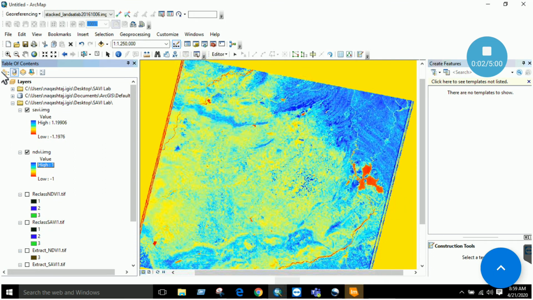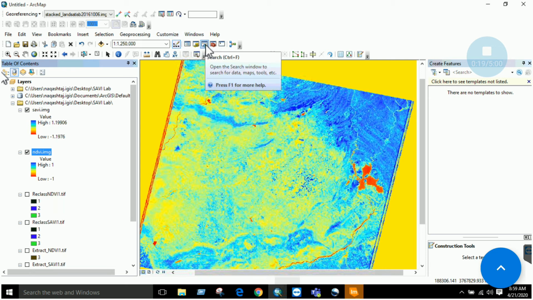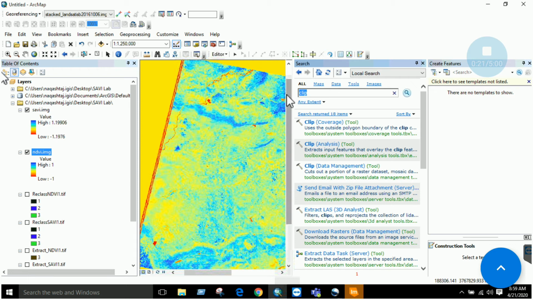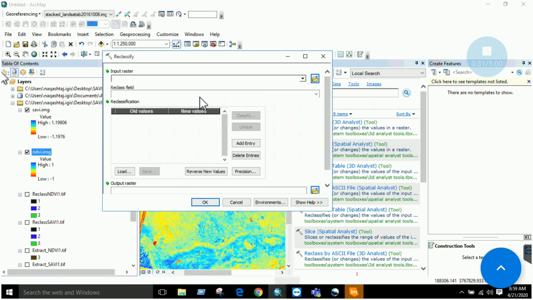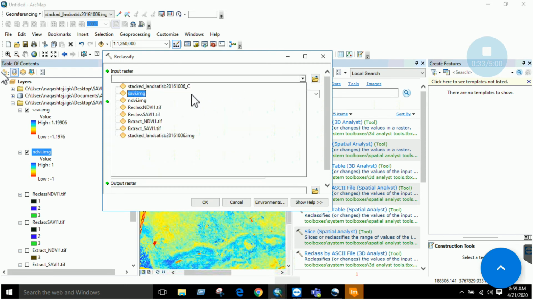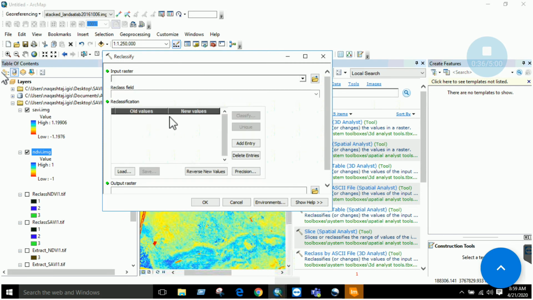Okay, the last part of this lab is to interpret our NDVI and SAVI. So I have added here two layers, SAVI and NDVI, and then I have used the reclassify tool in ArcMap. If you go to the search window and type reclassify, you will have a tool over here. In this reclassify section, I have input my SAVI first, and then I made classes, right?